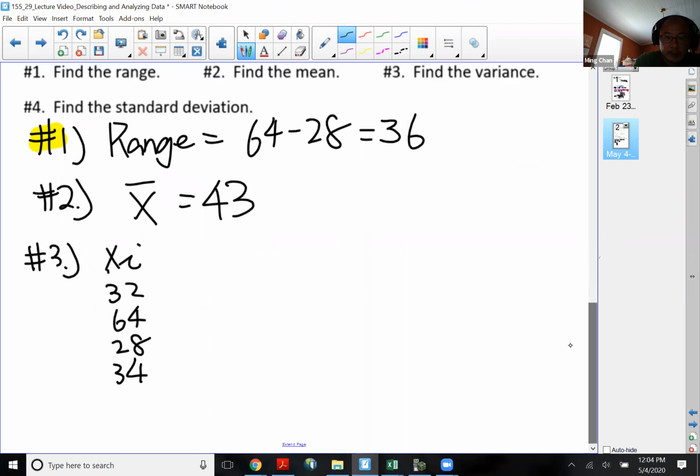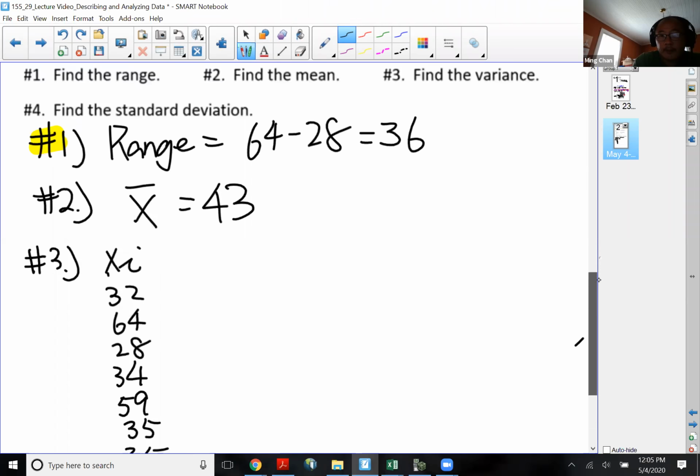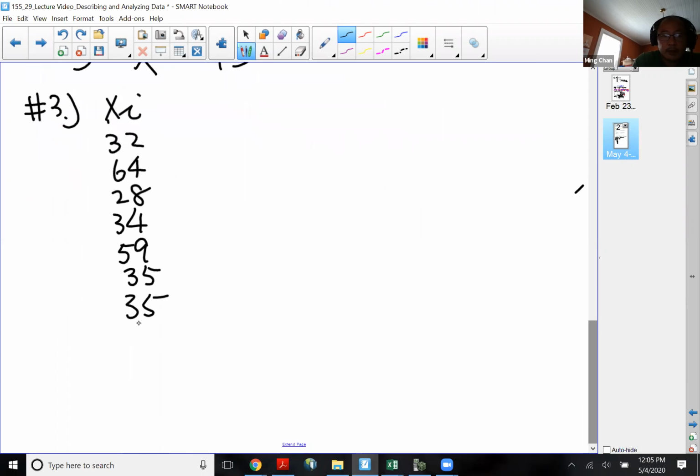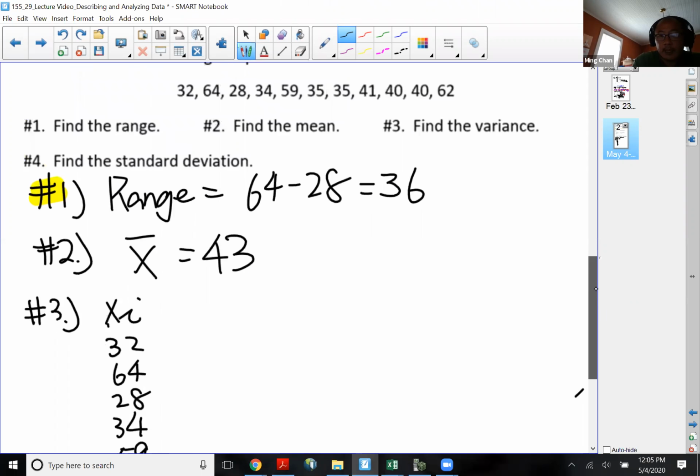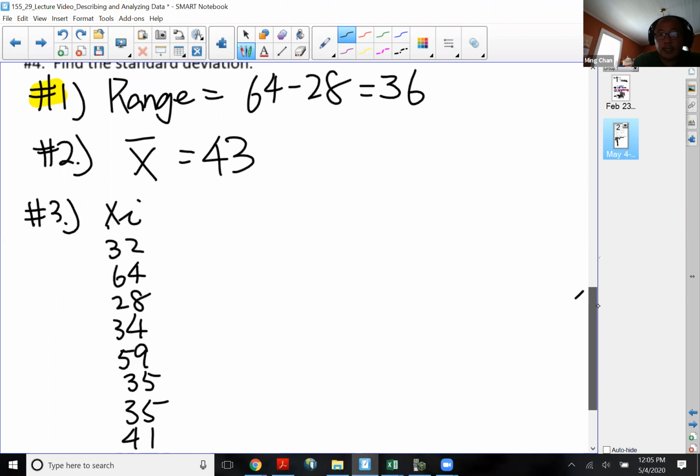$34, 59, 35, 35, 41, 40, 40, and 62. All right, these are all the data you have, 11 values in total. And then what you do